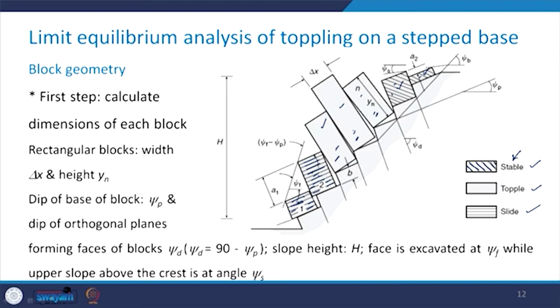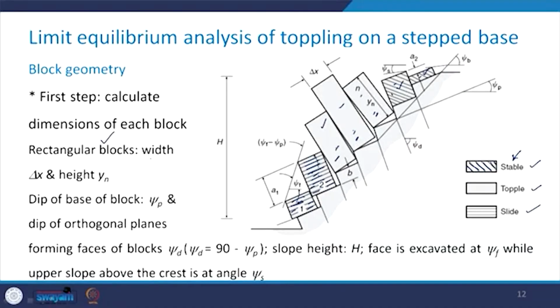So, there can be three types of blocks: stable, the block which is toppling, and the block which is sliding. So, we need to find out the block geometry. That is the first thing which we need to do as far as the limit equilibrium analysis is concerned. In case of the block geometry, the first step is that we need to calculate the